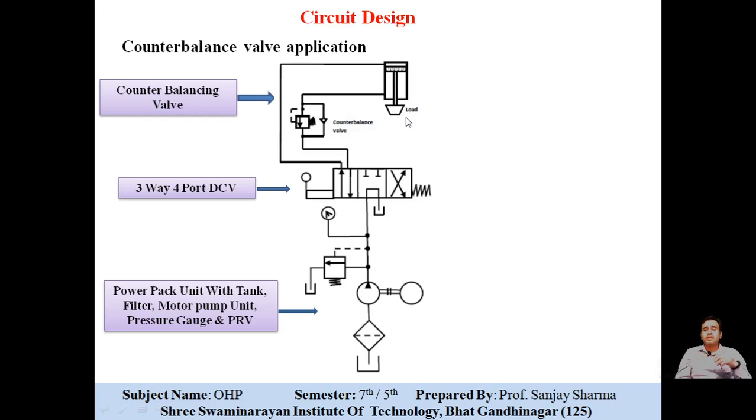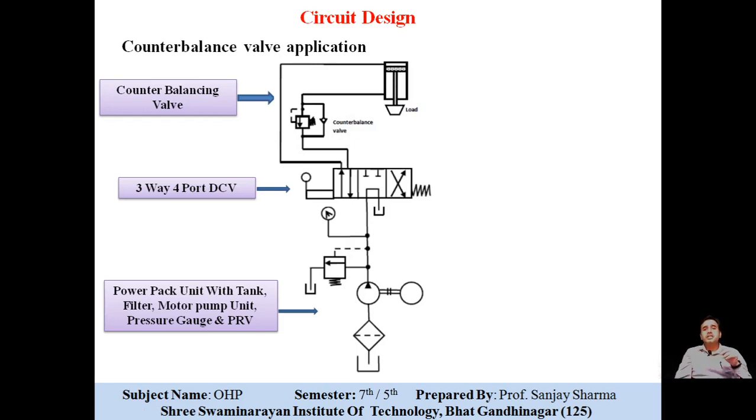Now it's very important that when this piston is coming down, it should not suddenly drop down. So in order to avoid that, what we have to do is place a counterbalance valve, as you can see here. The pressure of this counterbalance valve should be slightly higher than the suspension load, so that this counterbalance pressure is a little more than the suspended load, so that when pressure is exerted on this it will smoothly come down instead of dropping freely, slowly and gradually.